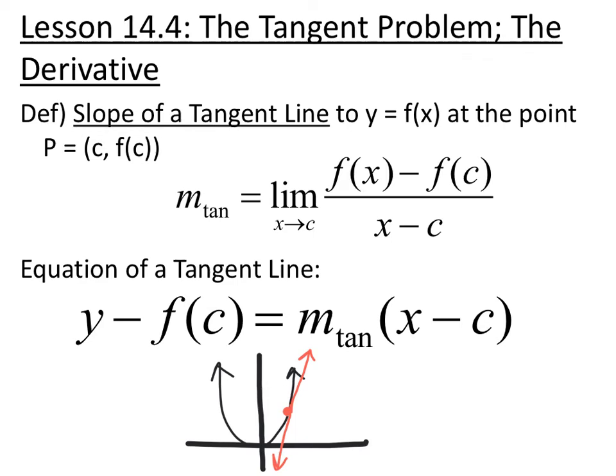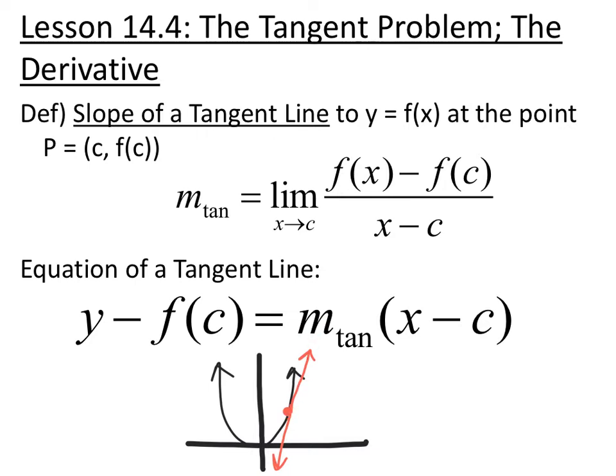Section 14.4 is the tangent problem and the derivative, so I would pause the video and write down these notes. A tangent line is a line that within a small area only touches the graph at that one point, and it has the same slope as the graph at that point. Think about if you were swinging a rock and released it, it would be kind of the line that